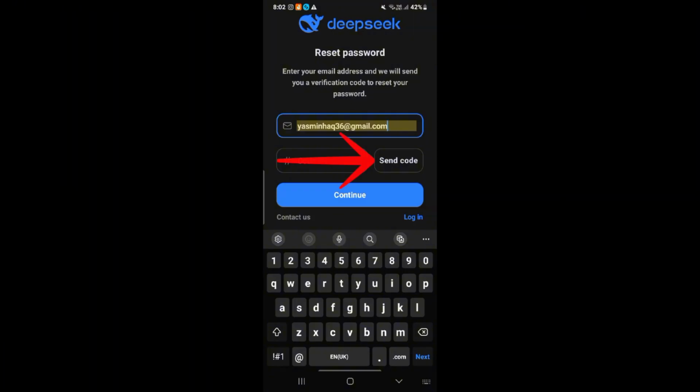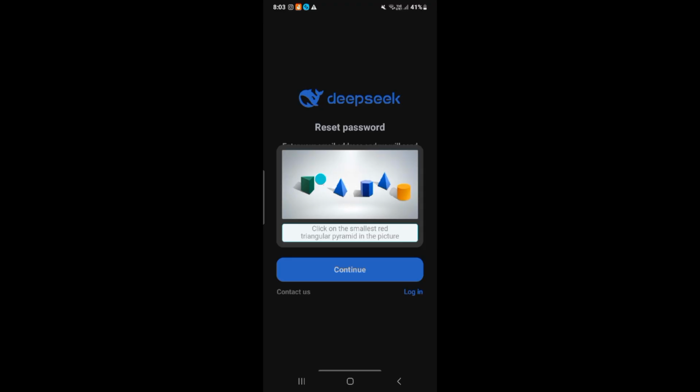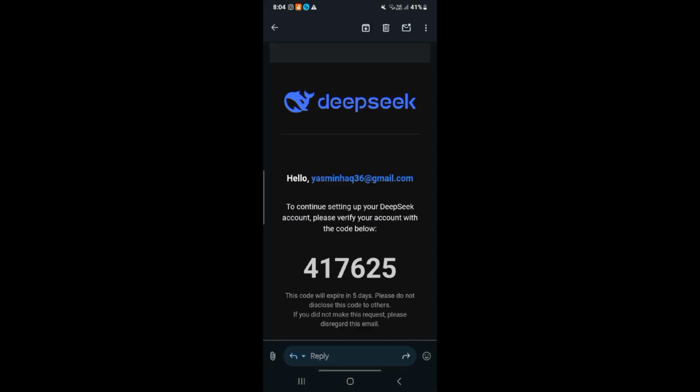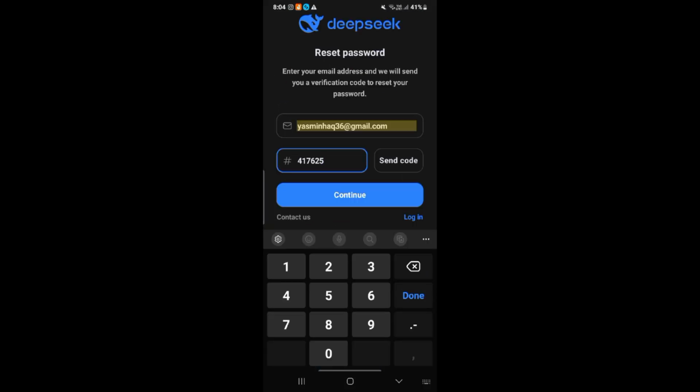Once you have typed in your email, click on send code. A pop-up will appear in order to confirm that you are not a robot. After that, you should get a password reset email from Deepseek within a few minutes. Go to your email. Now copy the code and paste it to the home page of Deepseek and click